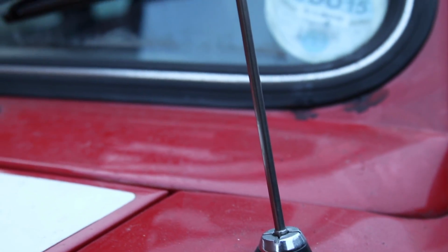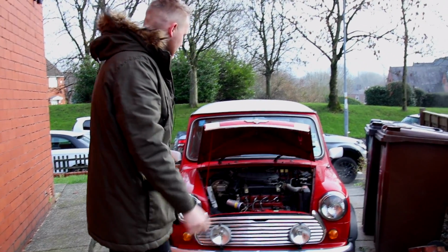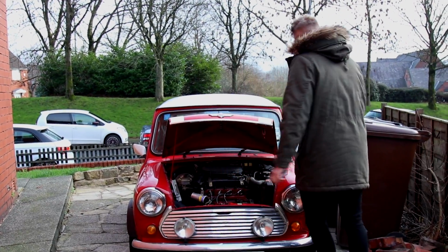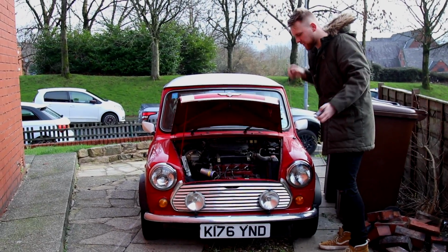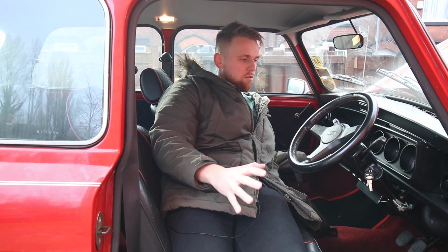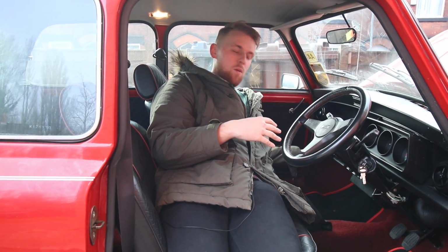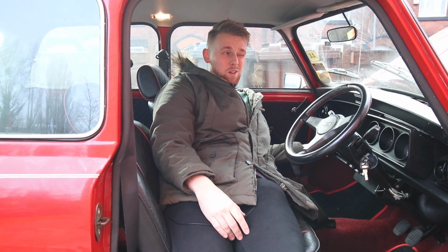The stereo's lit up and it's come with a free cassette. It might be worth seeing if we can get that to play. Maybe pull the aerial out, that might work. Shouldn't need it for a cassette though, obviously. It just shows how out of touch I am with my times. I can't turn the engine off because the battery will die and nothing will work. But I'm very intrigued to see whether the stereo works in this car, because I've never had a Mini where it works. And it's all here, it's lit up, and I'm just going to turn the volume button, so...